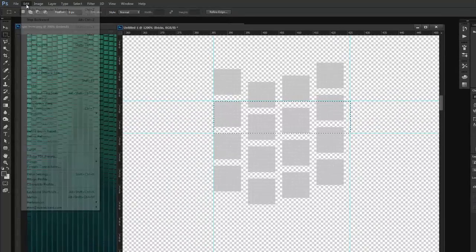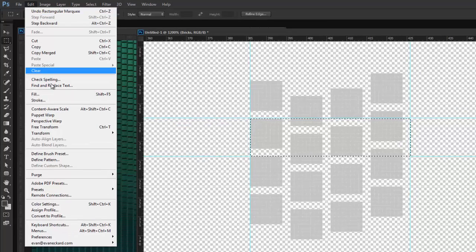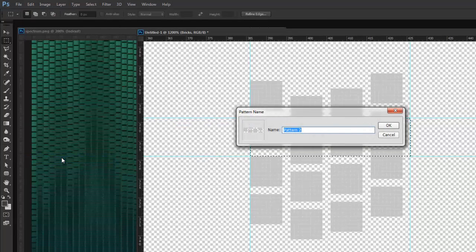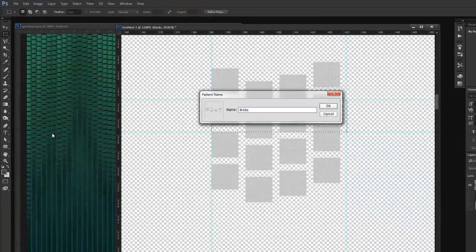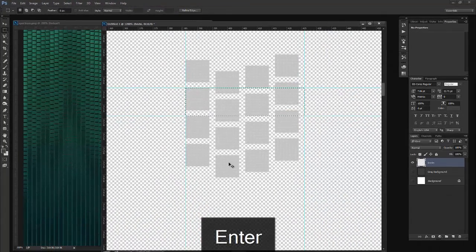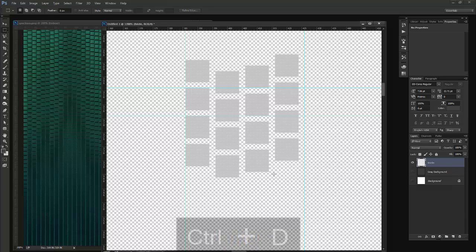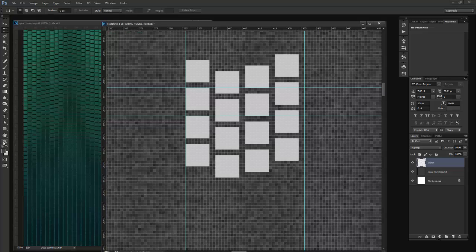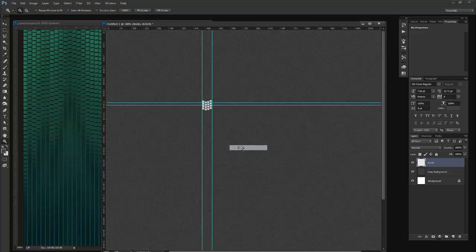So let's go ahead and go to Edit, and then we should be able to go to Define Pattern. Now I'm going to call this pattern bricks. You don't have to name it, but probably get into the habit of doing so and help organize your files, and press return. I'm going to press Control D and deselect that area, and let's go ahead and toggle back on the visibility of all of our